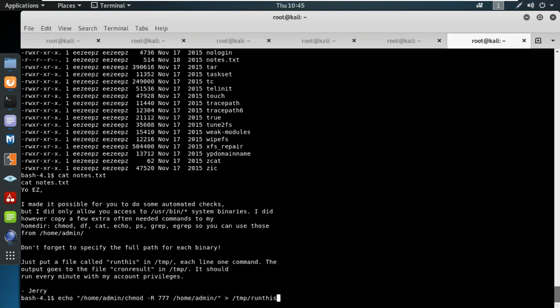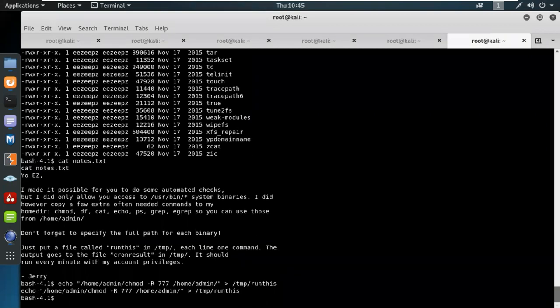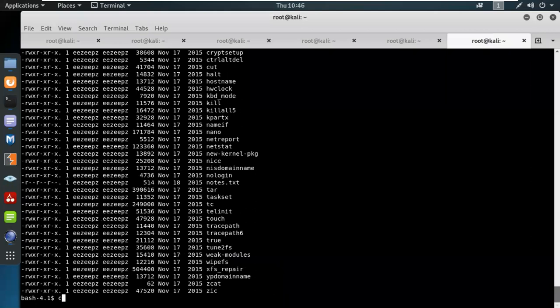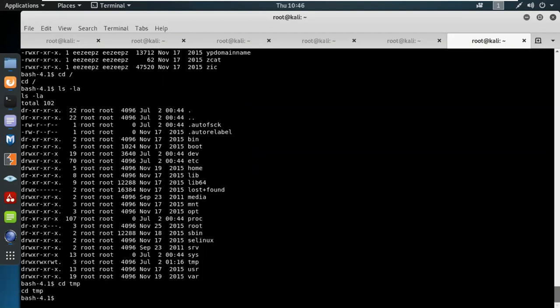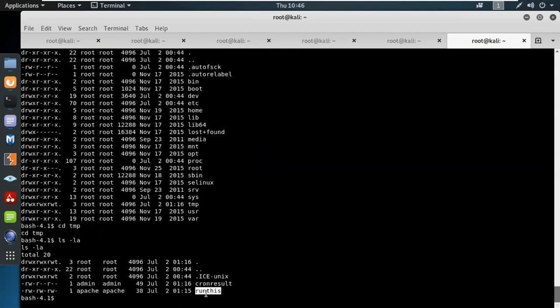ठीक है, तो मैंने यहाँ पे क्या परमिशन दिया है, मैंने इको कमांड से एक फुल परमिशन यहाँ पे लिखा है, होम एडमिन चेंज मोड, जिसको मैंने 777 फुल परमिशन दे रखा है। और किसको एक्सेस करने के लिए दे रखा है? होम एडमिन को, यानी कि अगर मैं 777 देता हूँ तो कोई भी इसमें एग्जीक्यूट कर सकता है। एंड एंटर। सो ls -all, cd temp, और अगर मैं टेम्प फाइल में देखूं तो मेरे यहाँ पे फाइल बन चुकी है रन दिस, जिसमें अभी तक मैंने परमिशन नहीं दी। सो अगर इसे परमिशन देता हूँ,